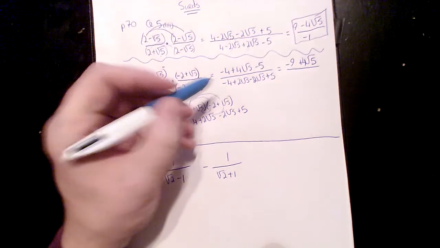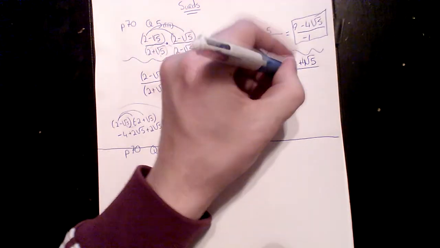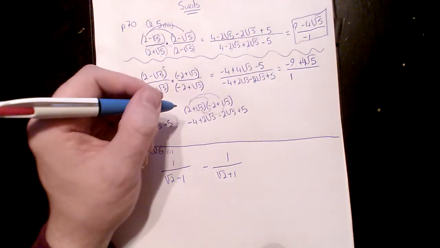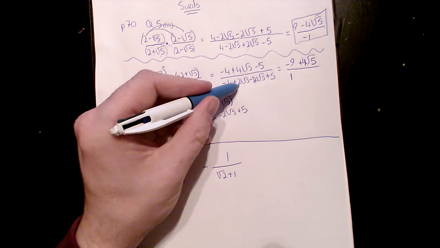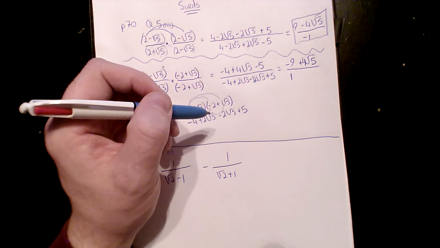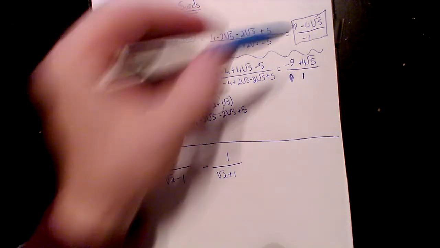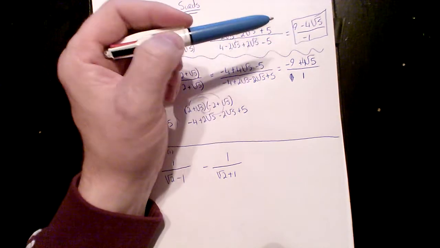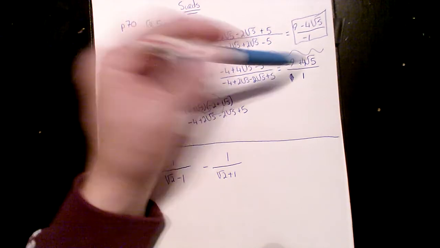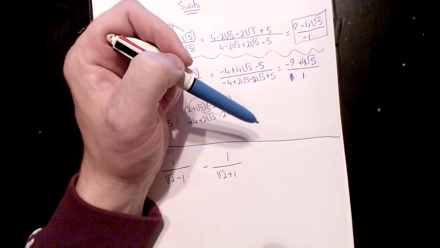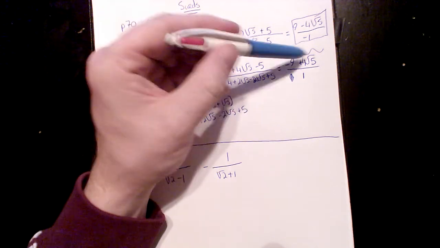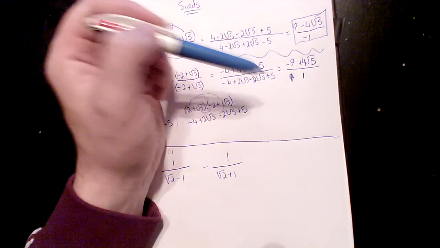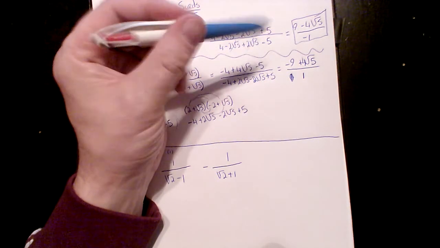And the denominator then will be minus 4 plus 5, which is plus 1, and the 2 root 5 and the minus 2 root 5 will cancel each other out, so I'll put the 1 here. Right, if you notice something, 9 minus 4 root 5 over minus 1, or minus 9 plus 4 root 5 over 1. It's the same answer. It's just the signs have changed around, which actually doesn't make a difference,